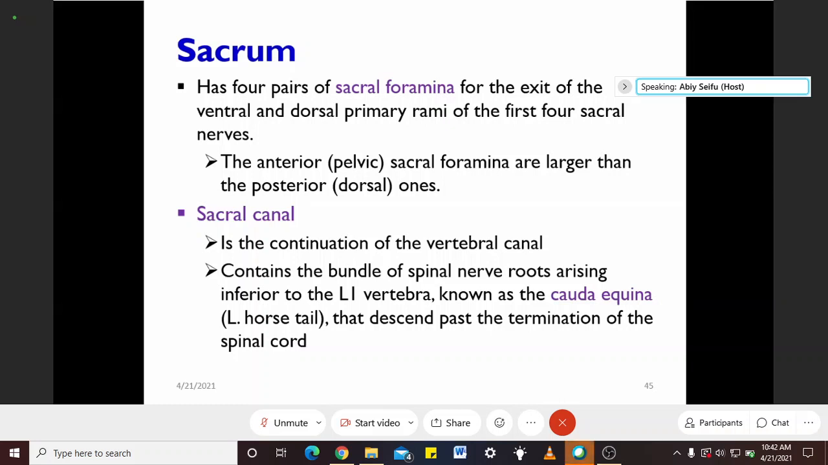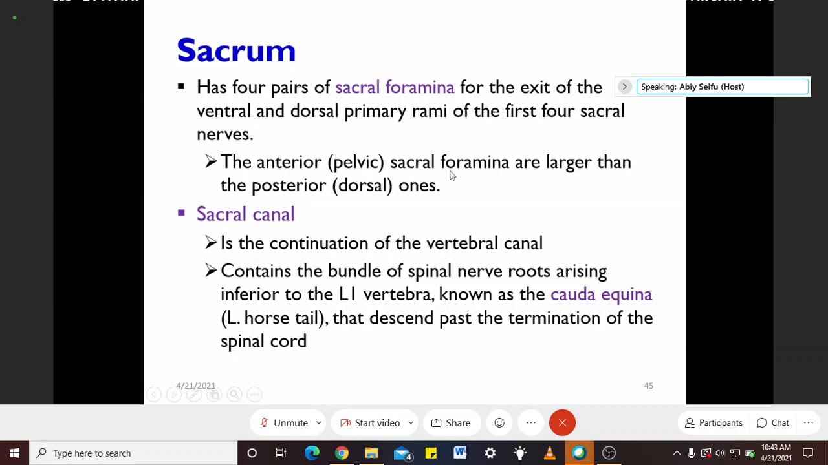There are sacral foramina that allow for the existence of the primary rami of spinal nerve. It may be the posterior or the anterior primary rami. The anterior primary rami exit from the sacral canal and enter the pelvic cavity through the anterior sacral